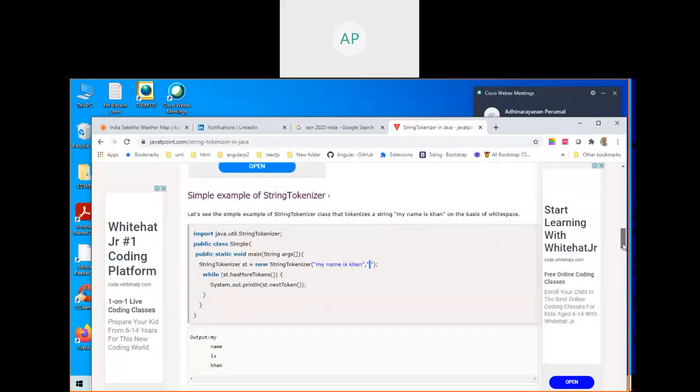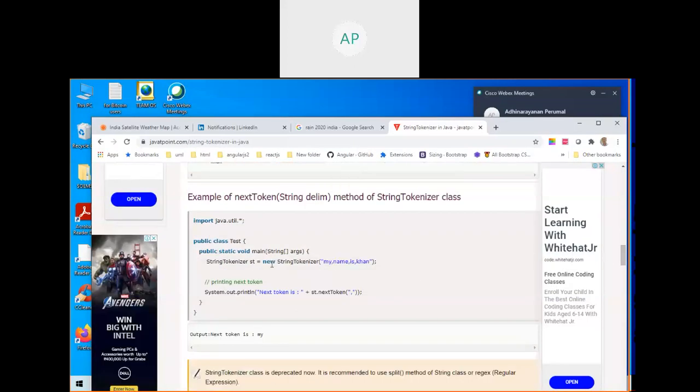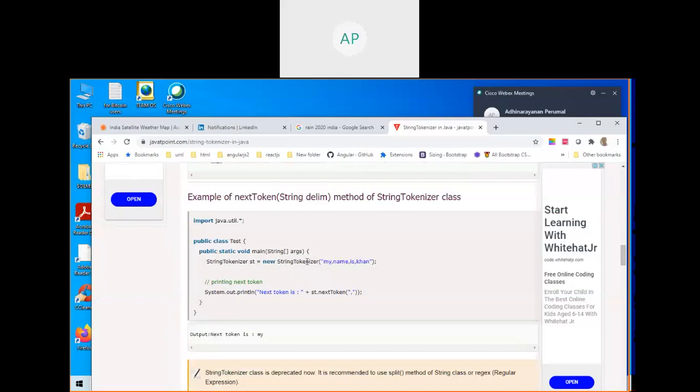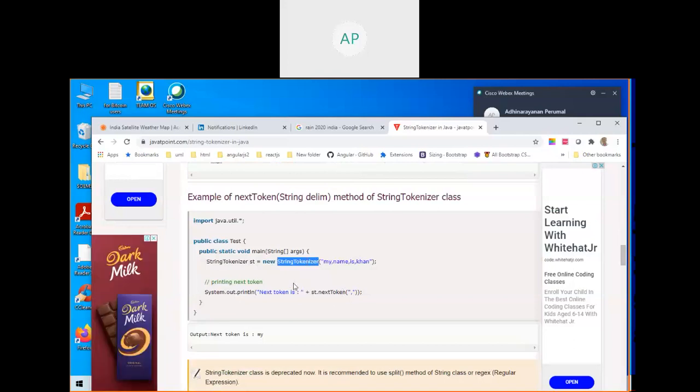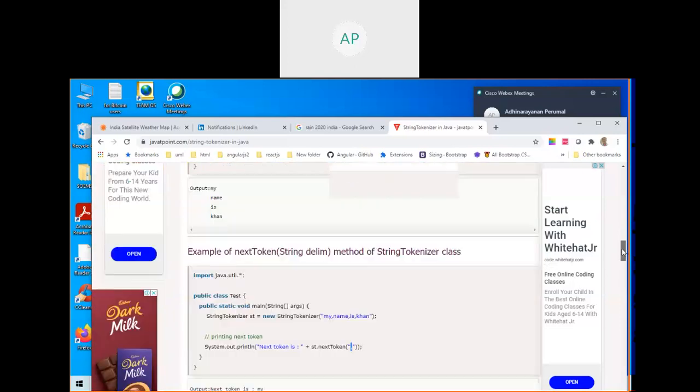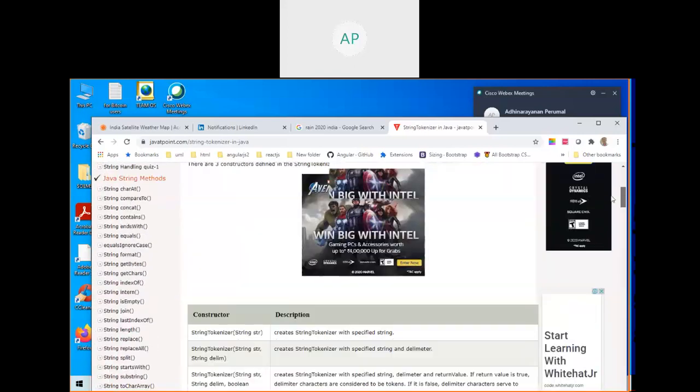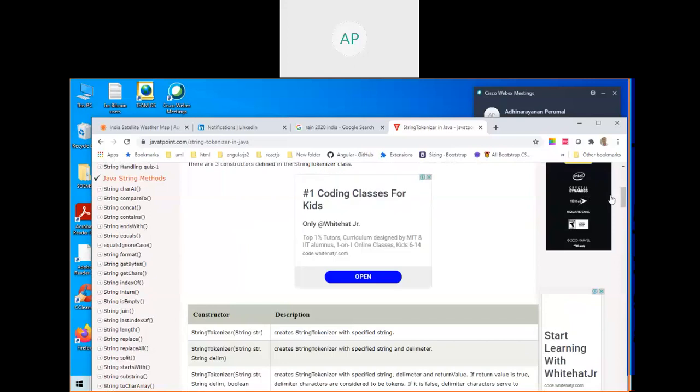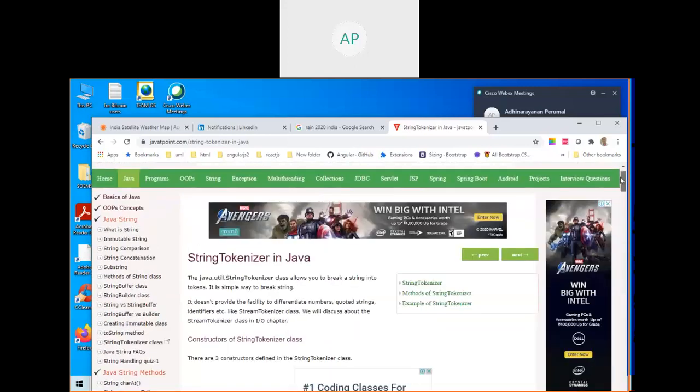If you see some other one, here, this is based on string tokenizer. They are creating a string tokenizer and calling nextToken based on comma. It will give each thing after the comma. Even if you go to some other site, you will get more knowledge. This is to split a string based on the condition that you are giving. What is the first condition we give? Empty space. Second condition, comma. Anyway, you are going to see all these things.